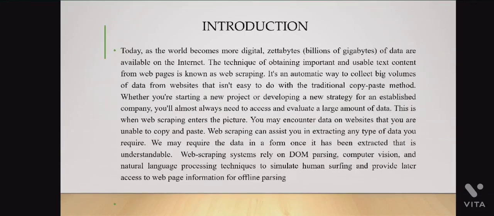Now, introduction. Today, as the world becomes more digital, zettabytes of data are available on the internet. The technique of obtaining important and usable text content from web pages is known as web scraping. It is an automatic way to collect big volumes of data from websites that is not easy to do with